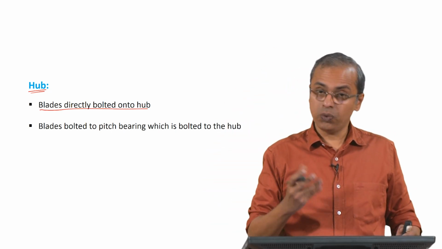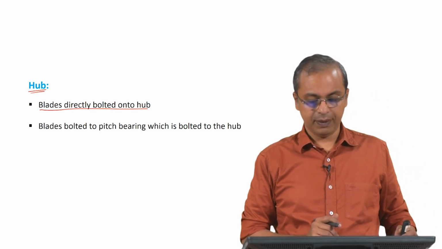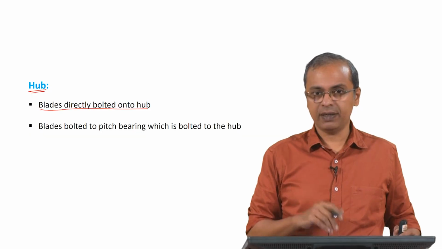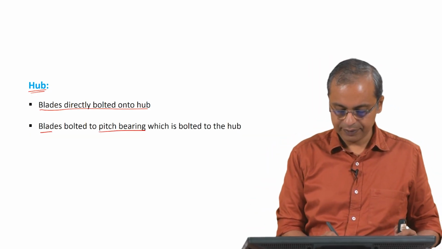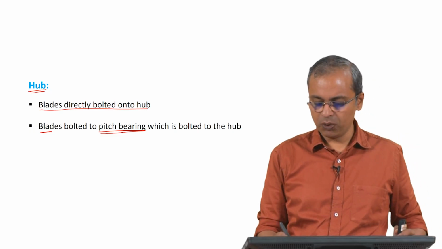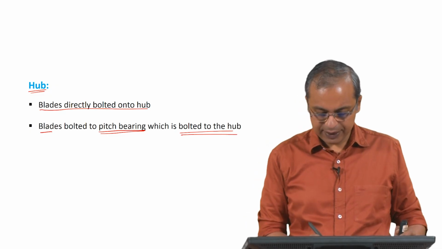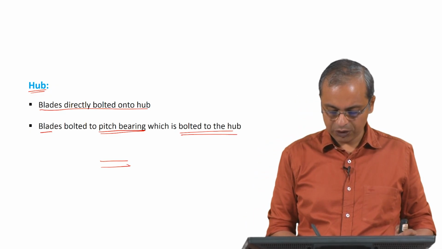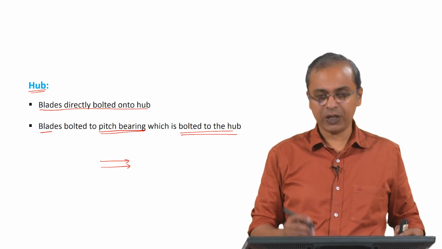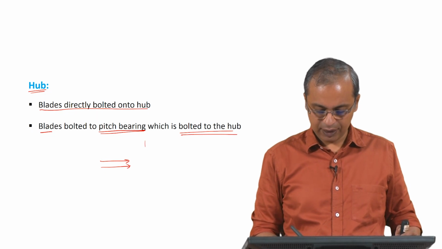And you could do it two ways. You can actually directly bolt the blade onto the hub, but usually that is not the preferred way to do it. Instead, the blades are actually bolted to something called the pitch bearing, and this pitch bearing is bolted onto the hub. Okay. And the idea is simply that you may have wind coming at some velocity, and then the blade will have a particular, we will talk about this, how you angle the blade with respect to the